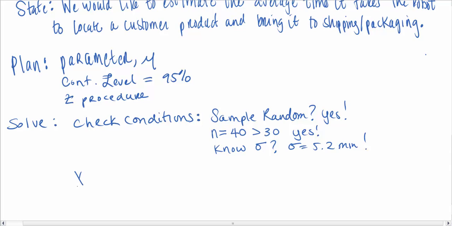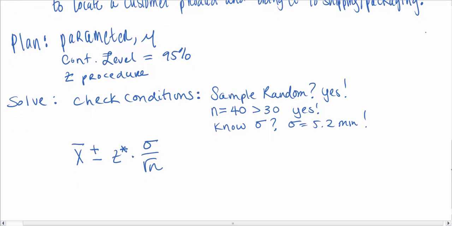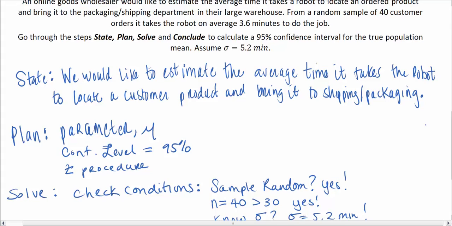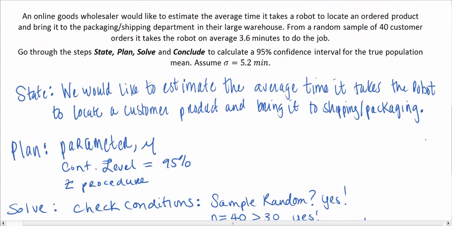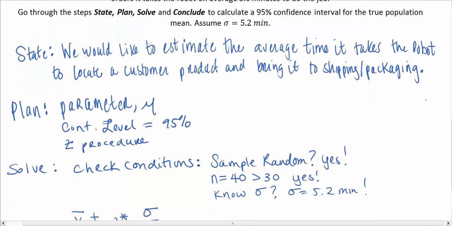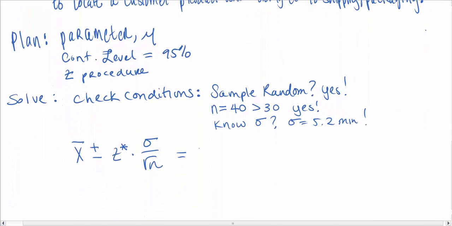So a Z procedure confidence interval is x bar plus or minus a Z critical value times the standard error of sigma over the square root of n. And in this problem, our sample mean is equal to, if we scroll up and look really quick, 3.6 minutes. Sample size is 40, and our standard deviation was 5.2. So x bar is equal to 3.6 plus or minus a 95% Z critical value, which will be 1.96, times sigma,